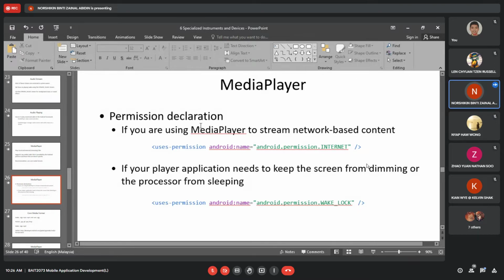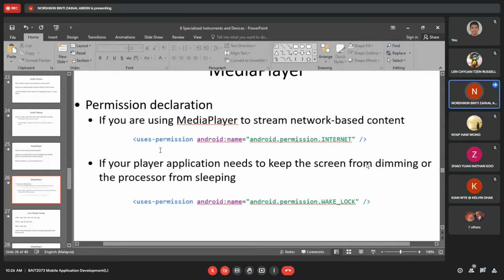If you're using media player to stream network-based content, you need to ask for permission: uses-permission android:name android.permission.INTERNET. This is almost the same as the audio, the location, the storage. So here, Android permission internet: you need to ask permission to use internet for your application.